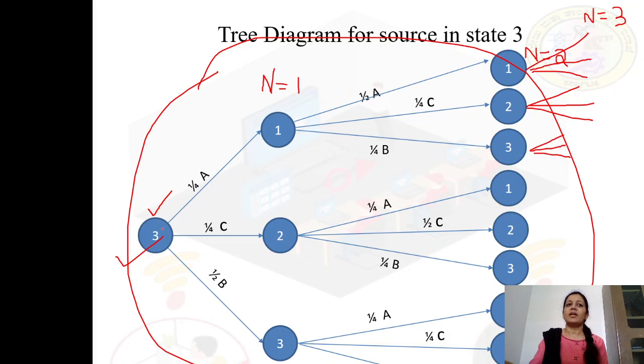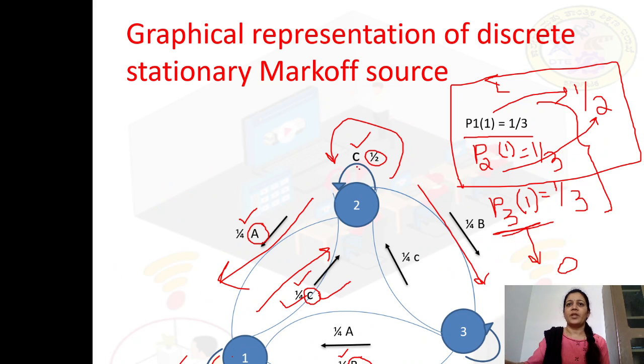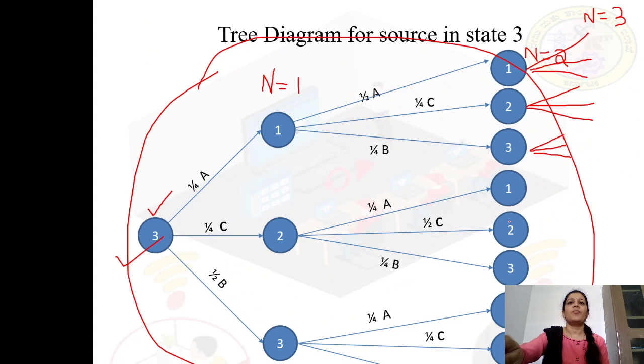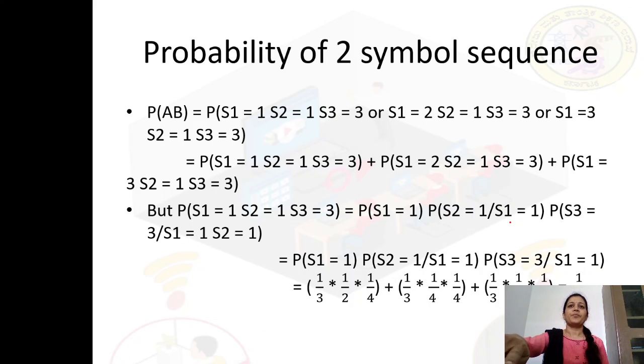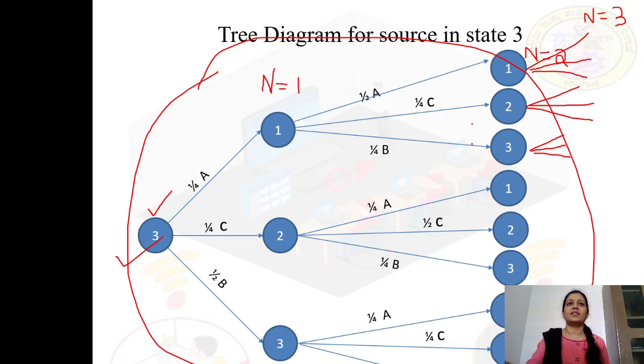0. Okay, but however, if the probability is non-zero as given here, 1 by 3, 1 by 3, 1 by 3, then you have to assume that the initial state can be either 1, initial state can be 2, and initial state can be 3, and you have to consider all the possibilities as we did here. Okay, so this is how we will write the tree diagram by considering the statistical model of the source for dependent sequences. Okay, so now once you are done with the tree diagram,